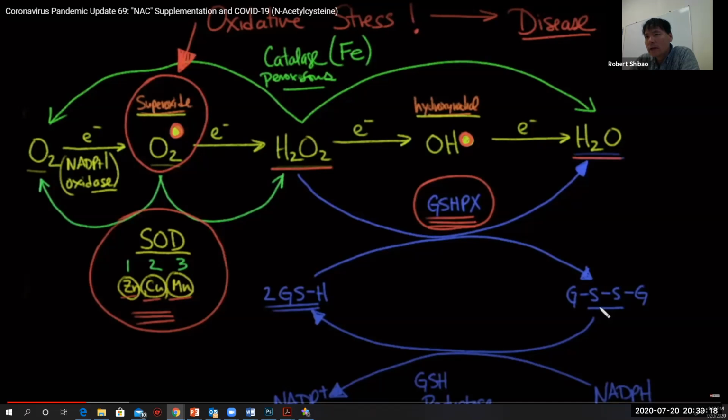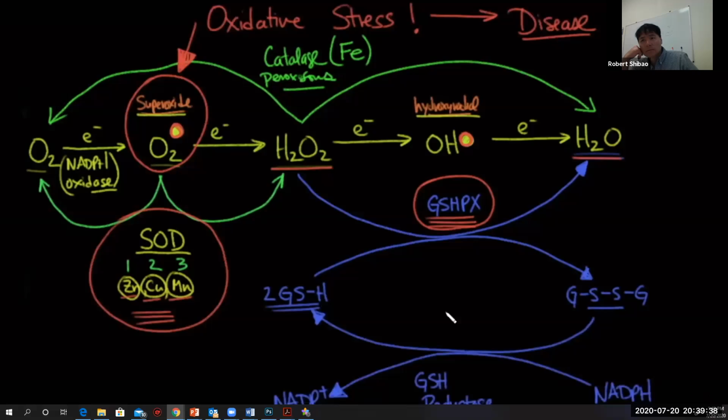In oxygen, when we have an oxygen link like that, it's very unstable. Here, this is a stable link. And so this is an antioxidant. It's kind of a smelly antioxidant because thiols all kind of stink. And so the sulfur attached to the hydrogen is the reduced form, and the sulfur attached to another sulfur is the oxidized form.